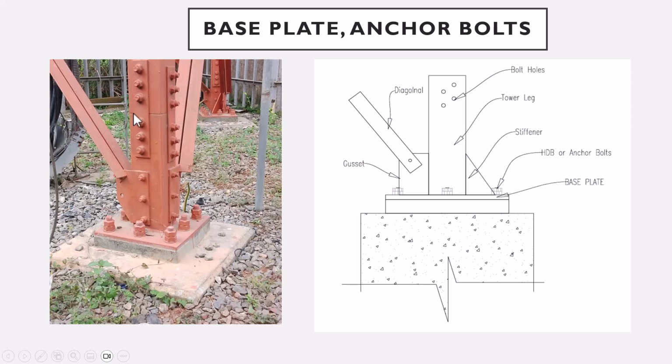We cannot just put our tower legs on the concrete directly or on this grouting directly. There has to be a plate connection. These are called anchor bolts, or hold down bolts, and they function differently from our normal bolts. Those bolts are used for the connection of members together, maybe diagonals and horizontals and the rest. These anchor bolts are used to connect the steel part of this very tower to the concrete part of this very tower, and they are always